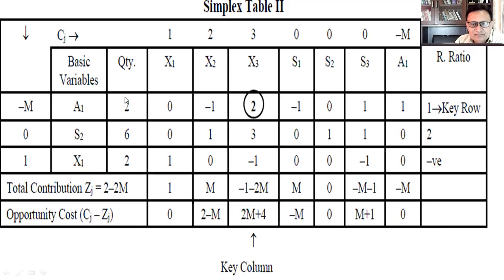0 multiplied by minus M, 0, and here 1. So you can write here, please correct this a little. So here it will be minus M, then 0 and 1, so minus M plus 1 will be there. So here introduce minus M plus 1. So here minus M multiplied by minus M, minus 1 multiplied by minus M, it becomes plus M. Here 0, then plus M will come.